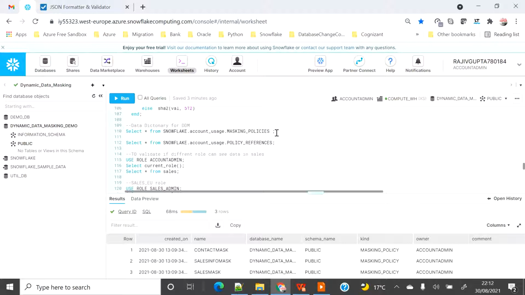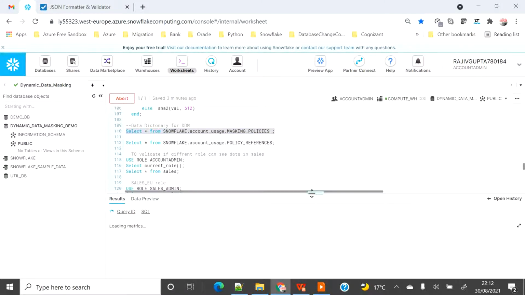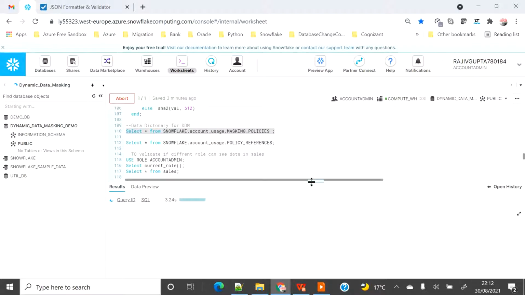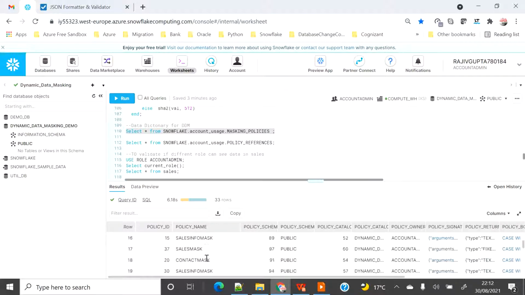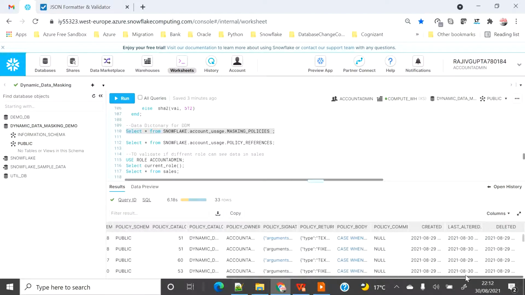Then you can use the masking policy data dictionary to see the details on the masking policy. Generally this masking policy takes some time, 45 minutes to 3 hours, to get reflected. Let's see if we get some data over here. Yes, you can see that there are 33 rows, maybe because I was creating and dropping while creating this demo, so you can see lots of data, but hopefully you will not see any data for today.